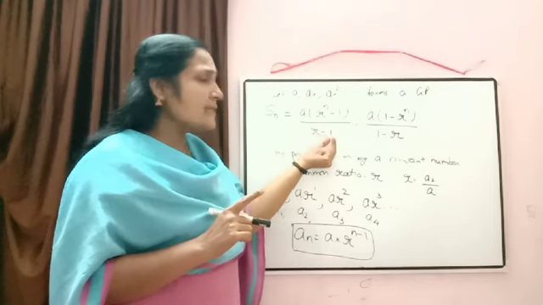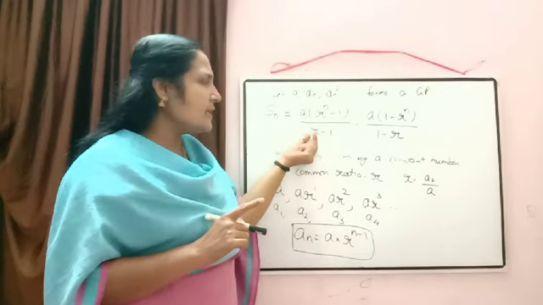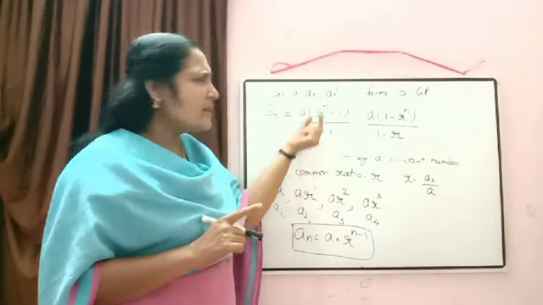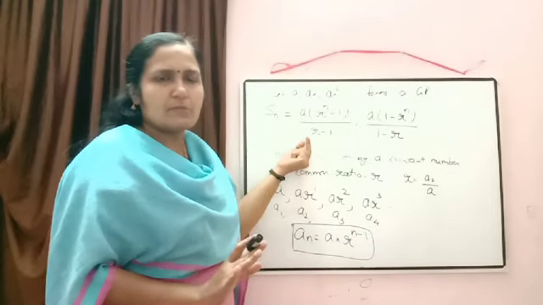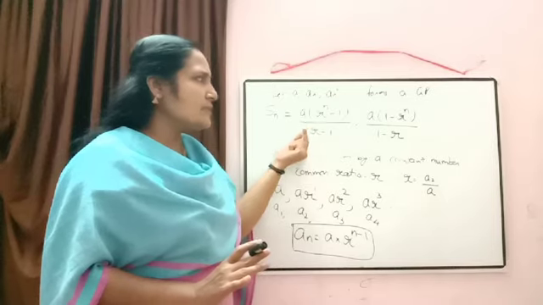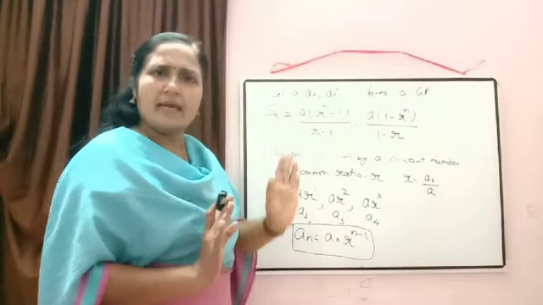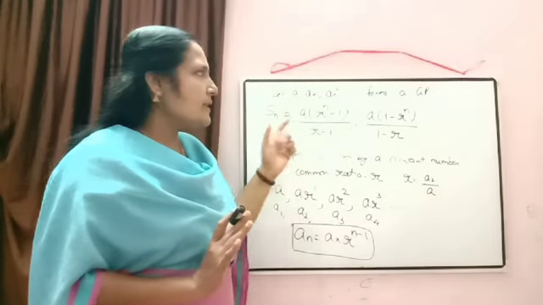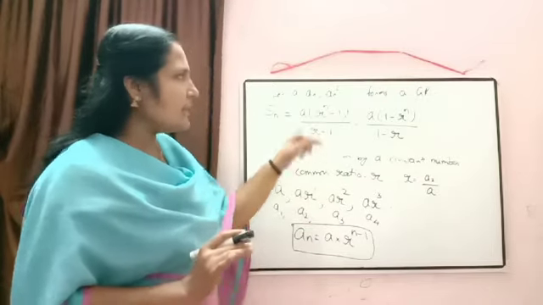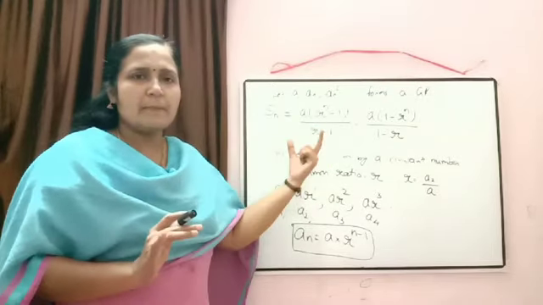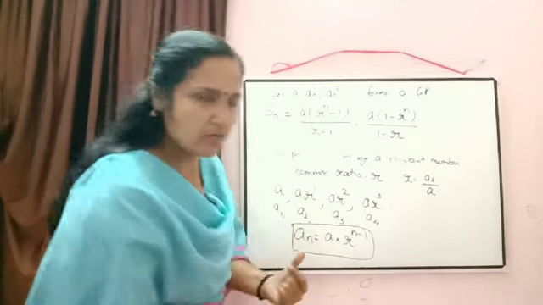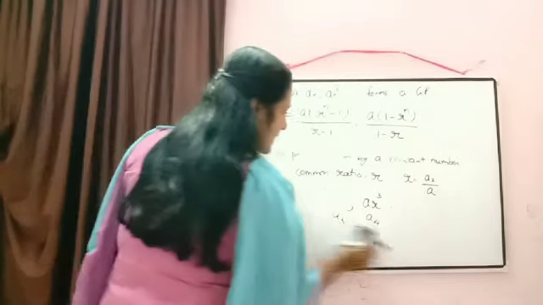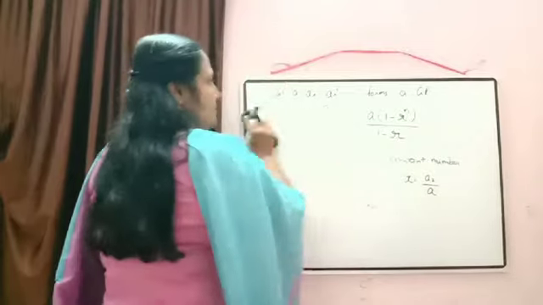Here we wrote r minus 1. Obviously, if r is greater than 1, then we use this formula to avoid that negative sign, that much only. If you want to use this one or this one, the answer will be the same. So I think the nth term of a GP and the sum of n terms of a GP, these two formulas are clear to you. Now we'll solve questions based on these two formulas.